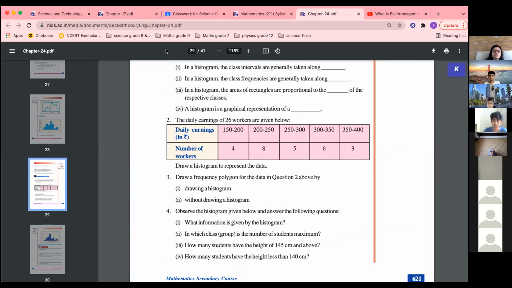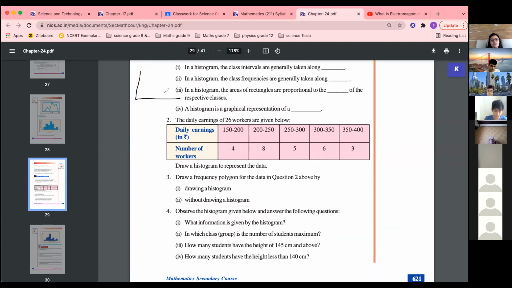You were asking, Saklen, that whenever we make such a graph, suppose you start from here, you can take a gap of 1 block or 2 blocks. This is 0, start from 150. Okay. Take 2 blocks for 150 to 200. Means 2 blocks is equal to 150 to 200. Is it clear? Then from 200, take another 2 blocks, 250. Is it clear?